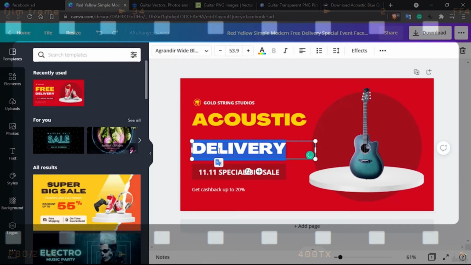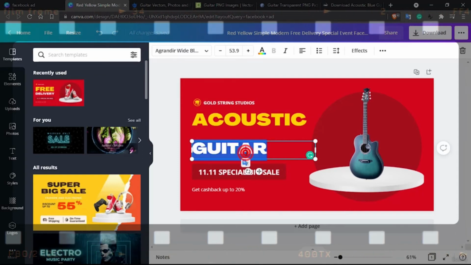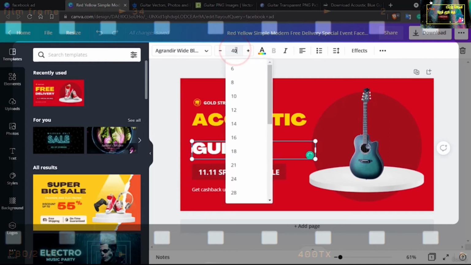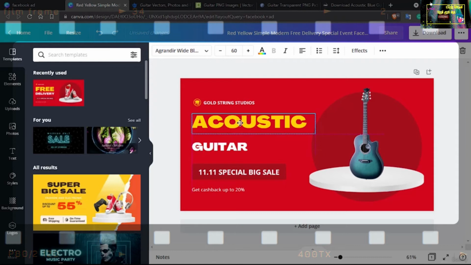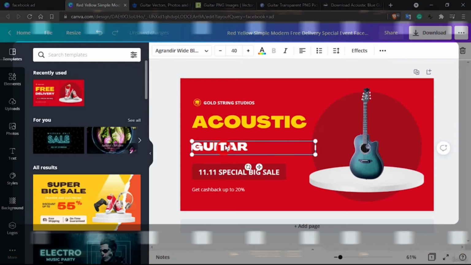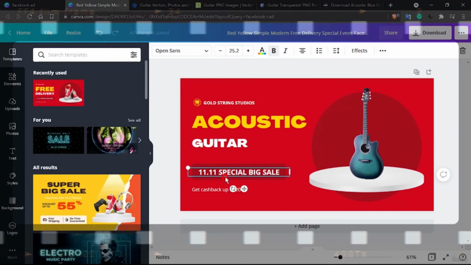and this to be guitar, and decrease this font size to something like 40. So drag it a bit down, this a bit closer here, and